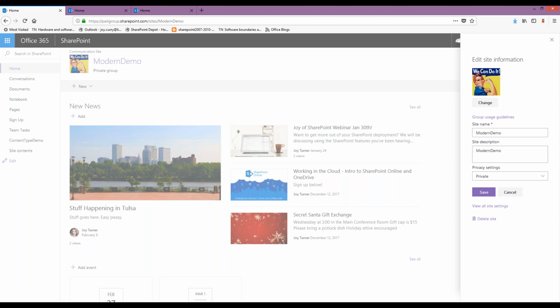I see the site name, and you notice that's a text box, so I could change that. I can even change my site icon here if I wanted to. By default, SharePoint just had MD for my site name, but I got my Rosie the Riveter there. My description. This privacy settings has to do with the Office 365 group that is created when I create a